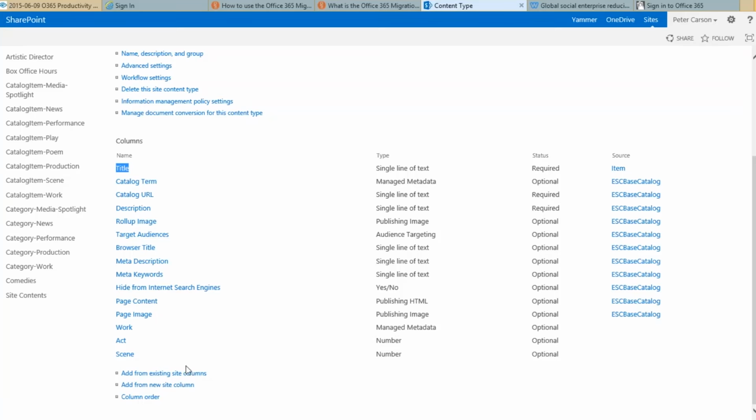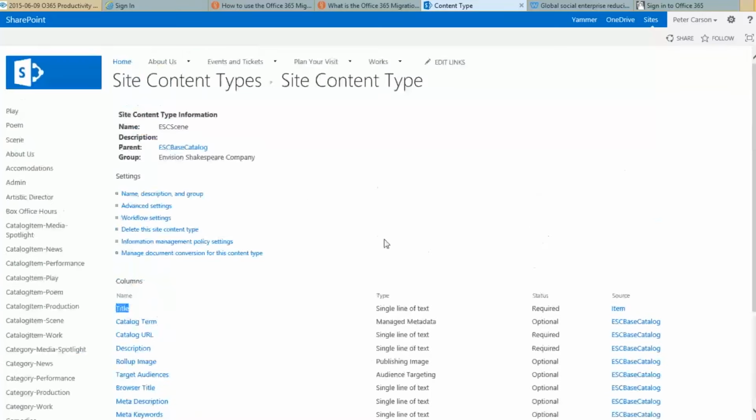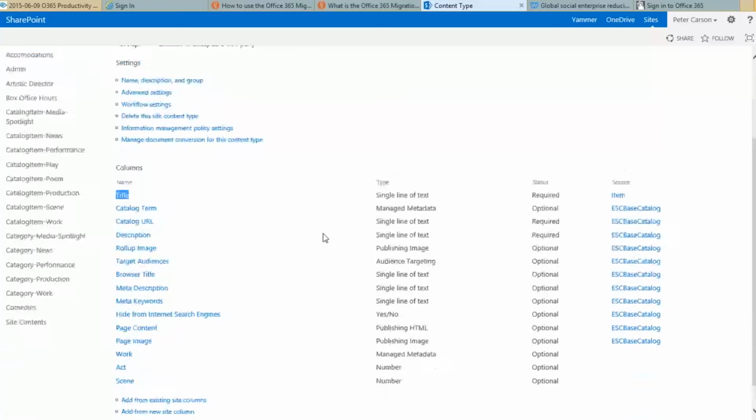And I can add new site columns, so if I want to extend my content types, add new metadata to that, I can do that either from existing site columns or new site columns. So this is a particular content type that we're looking at here, and content type is really a collection of site columns. So if we come over to, say, the work site column,